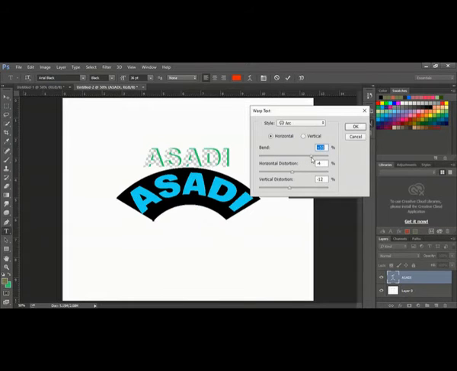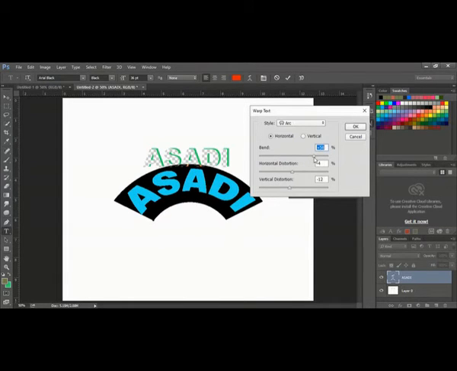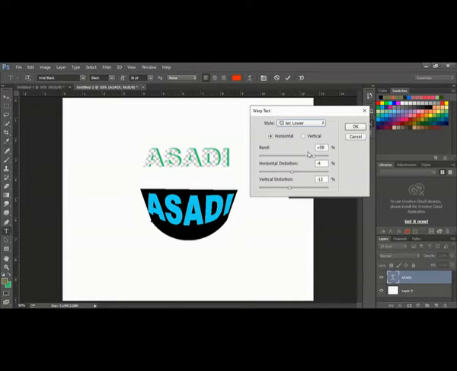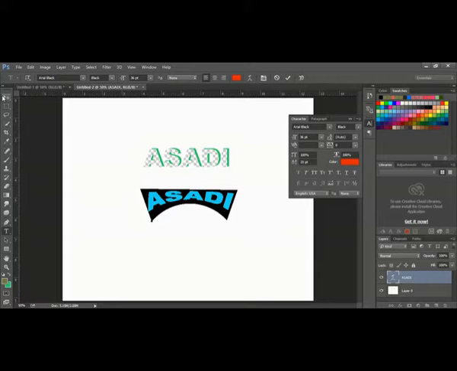You can make it bend top or bend. You can select another option, lower. So another model, curve with another model. You can again adjust the curve like this. So when you finish, you get like this.